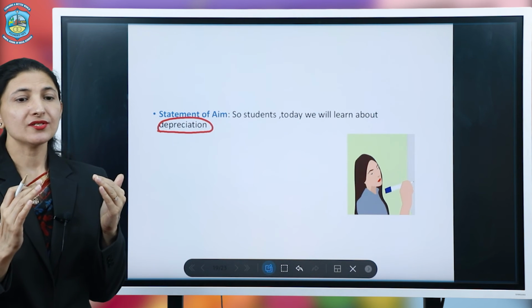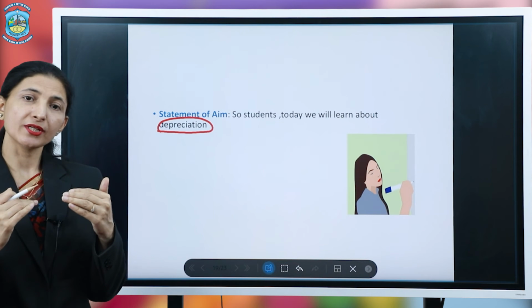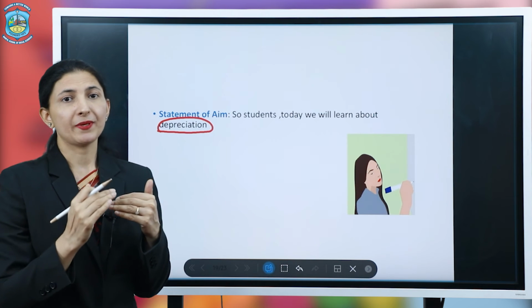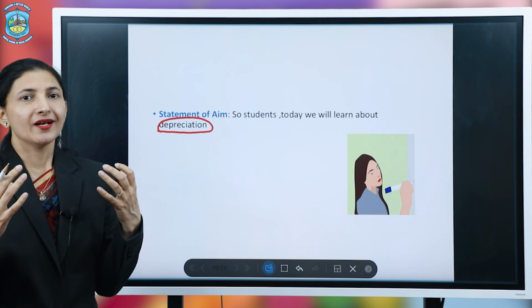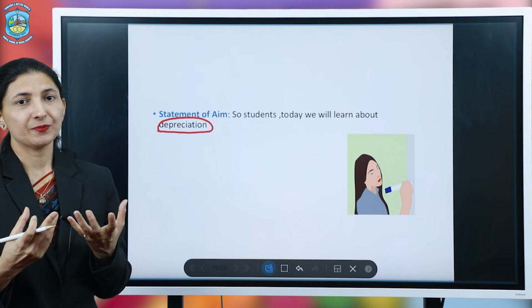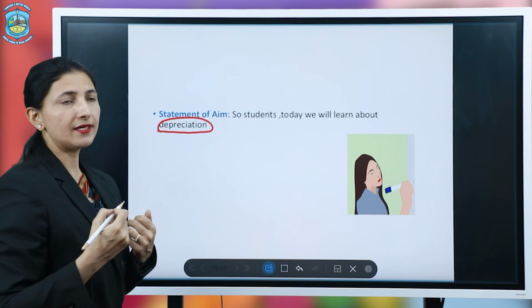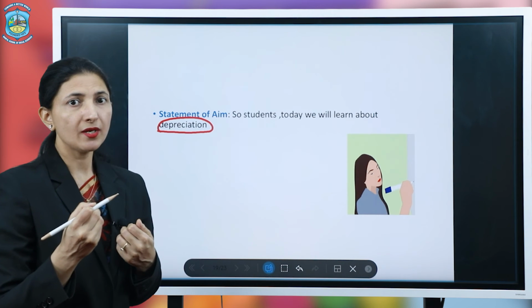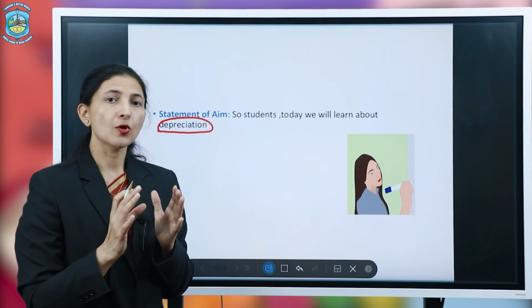This way students really enjoy the class, and by showing some audio visual aids, students connect with the topic, and they are very eager to know about the topic. So let's know when you will be practicing this skill, we have to make one observation table. So let's know how to make this observation table.